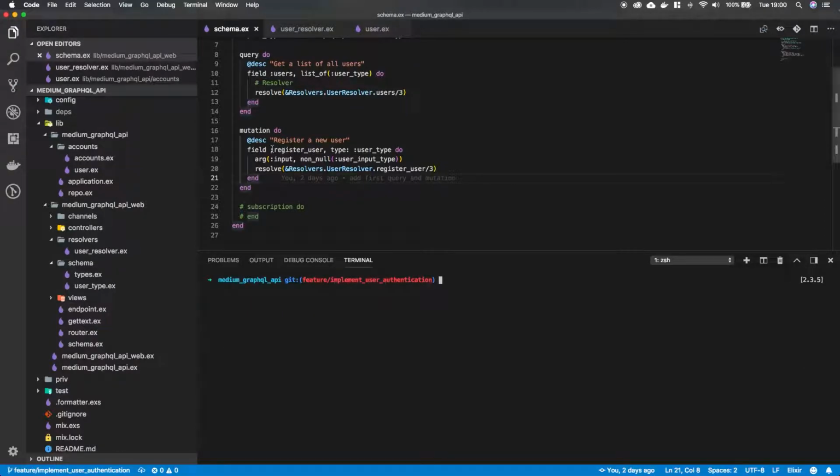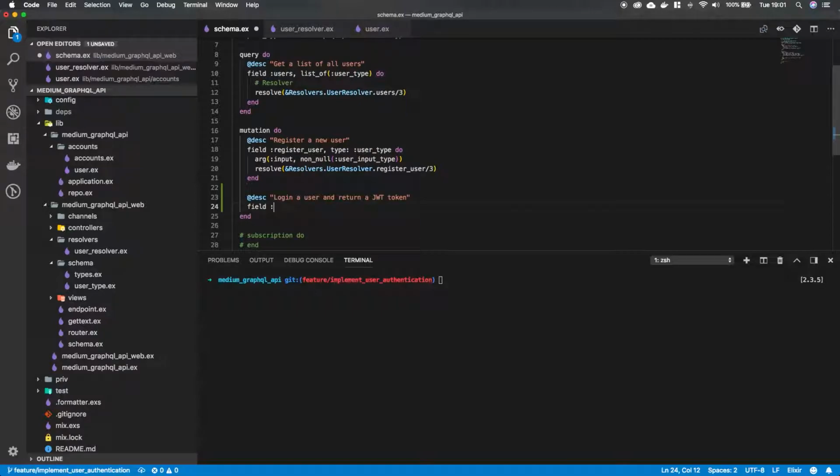And what I like to do is just start with our schema. The schema is the blueprint of what our API looks like. So if we start from here and run our server, we can debug and just go back and see what's missing. It's just the way I like to do it. So we're going to first implement a description, and let's say login a user and return a JWT token. That's the description. Then we need the fields,